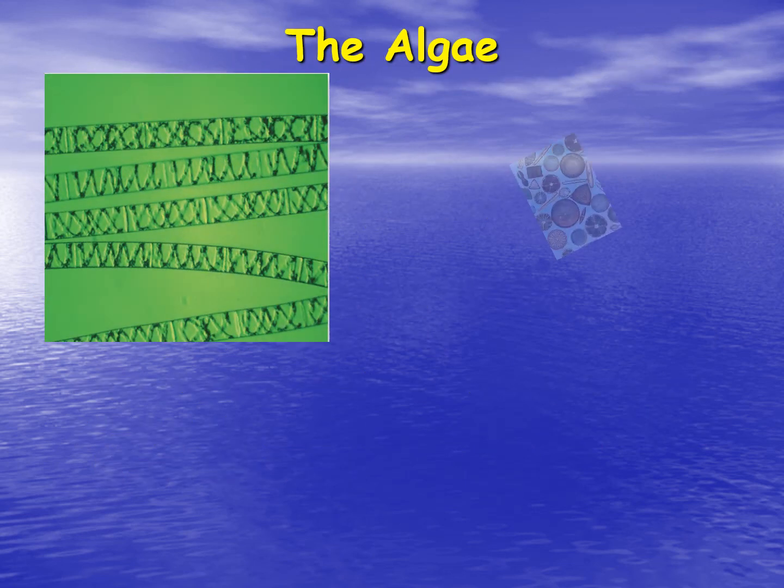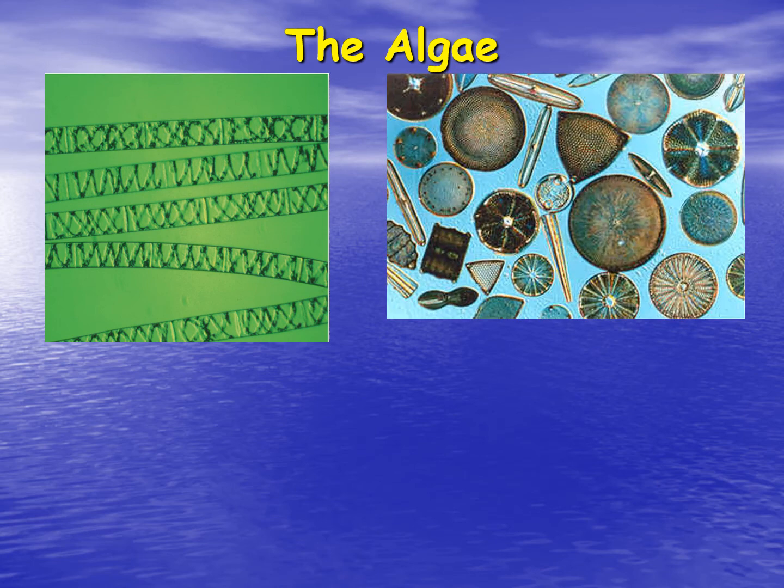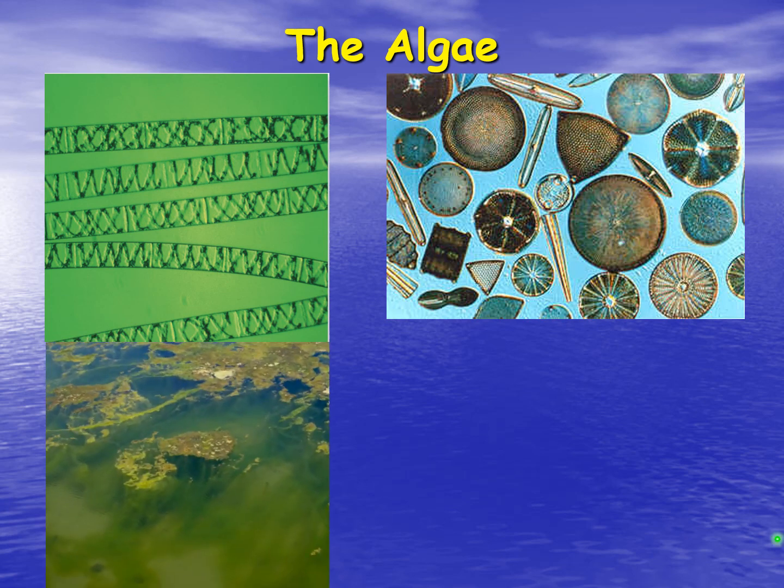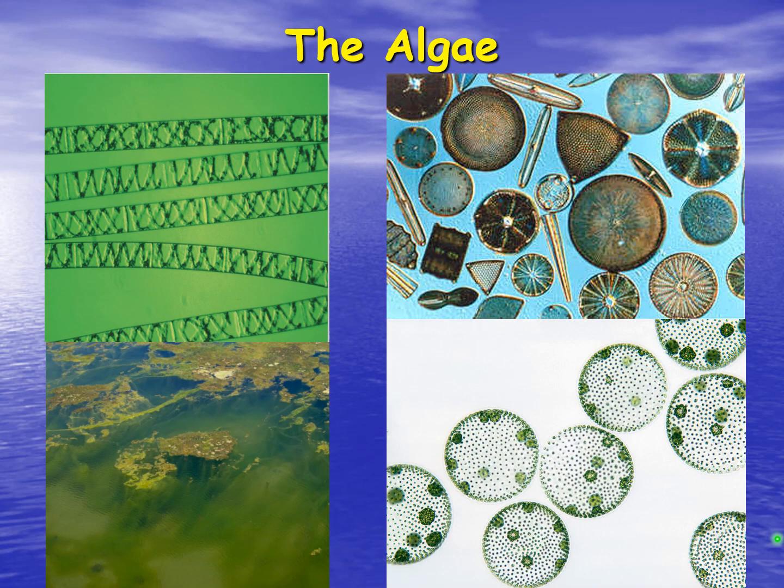So just some examples of the algae, and I will say that this particular picture shows diatoms, which are unique to each body of water, both fresh and salt, and these are actually microscopic algae which really form the basis of the food chain. There's nice pond scum that we can find around this area. And then this is an algae called Volvox that is a colonial type of algae.